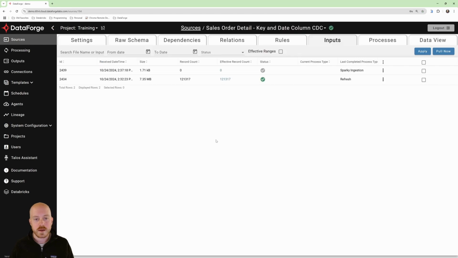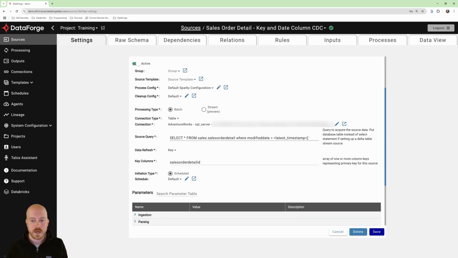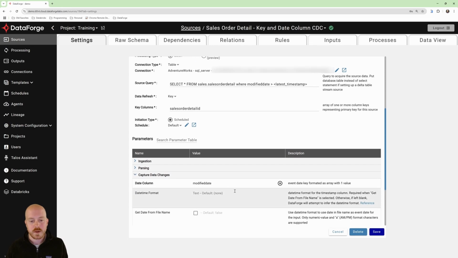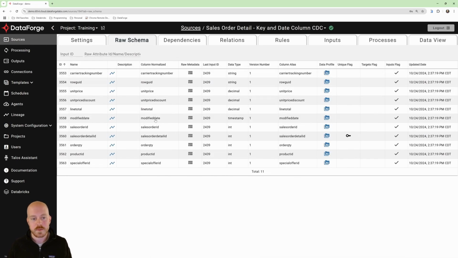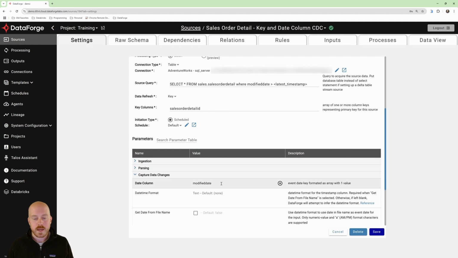So the next one to look at, again, for key refresh, this time we can use, instead of extract date time, we'll use latest timestamp. And how this works is in the CDC parameters, you identify a date column. So in this case, we used modified date. And again, that's just within our table schema here. So we look here. And what happens here is the date column is again substituted for the latest timestamp. So every time an ingestion runs, this token effectively looks at the max of this column from the current hub